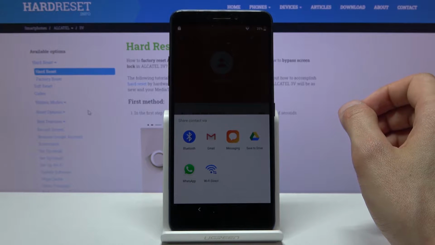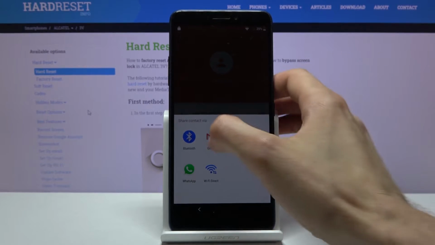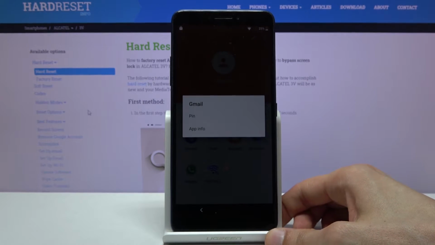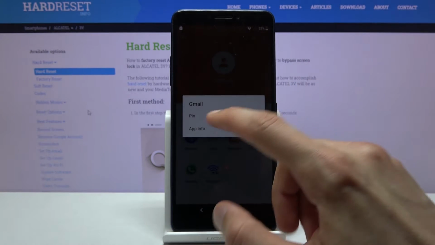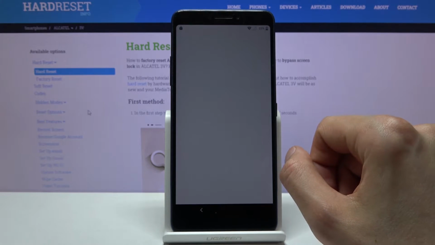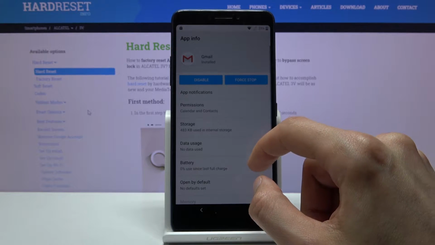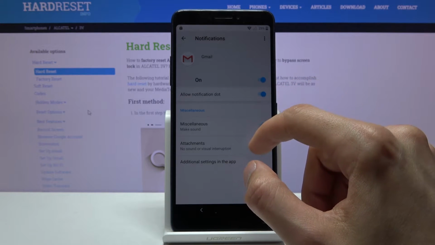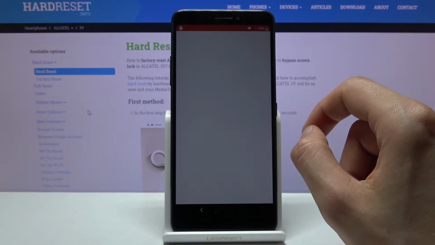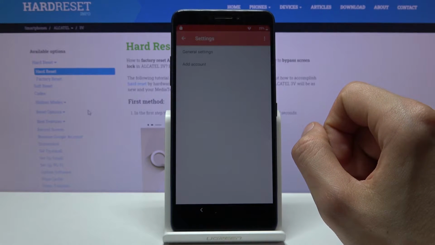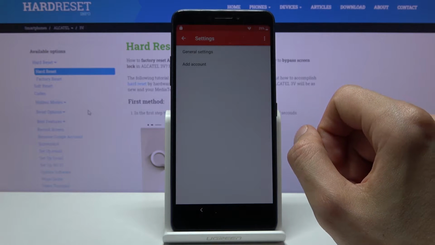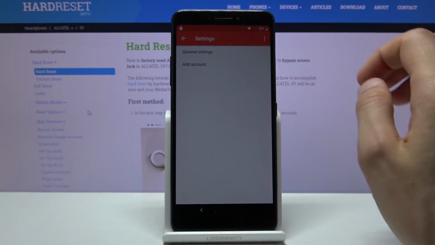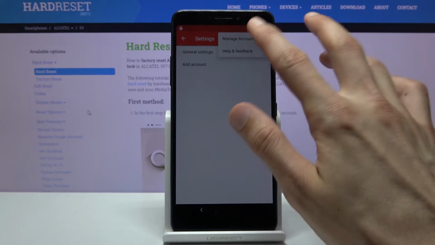and from here we are going to hold the Gmail option. So as you can see, hold this, it will bring up a pop-up, and from here you want to go to app info, let it load quickly, and from here we're going to go into app notifications, then additional settings in the app. Give it a moment, this will bring up this setting page, and from here on the top on the three dots, go to help and feedback,